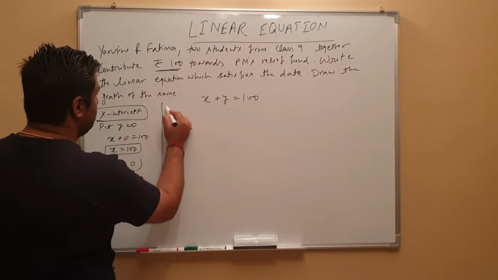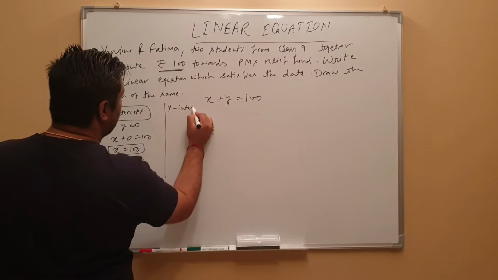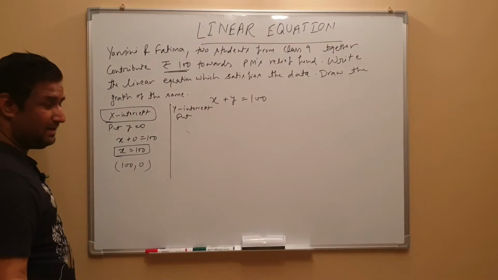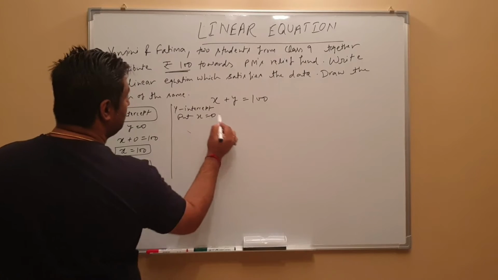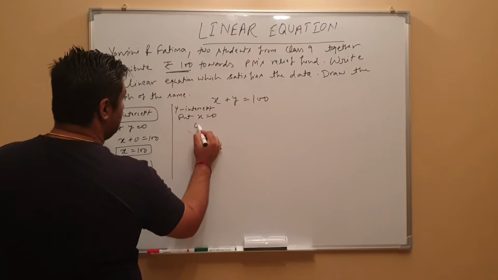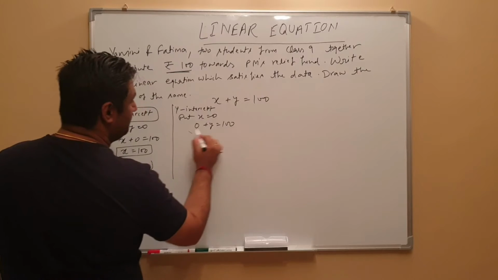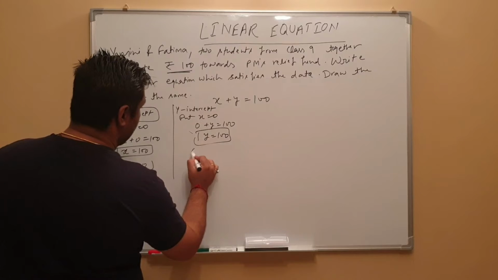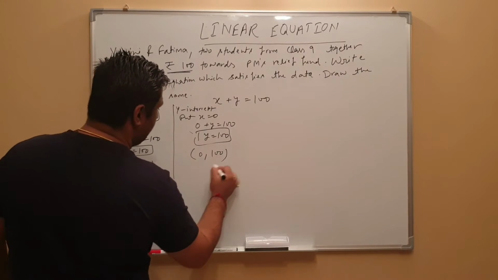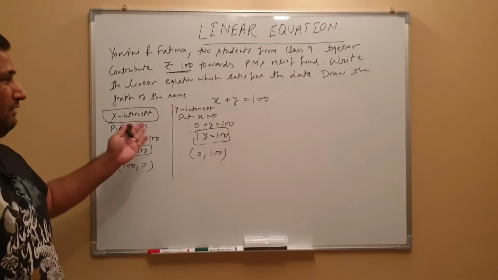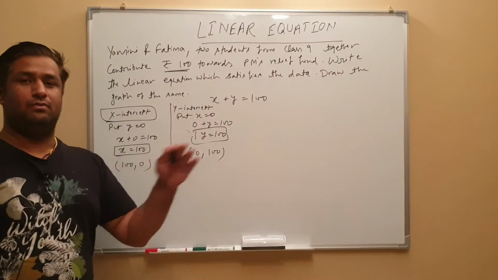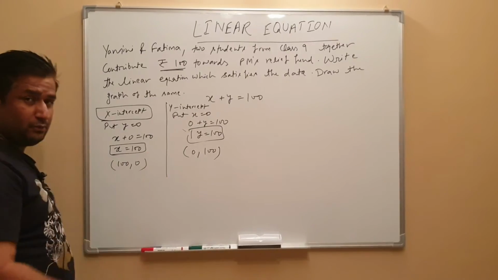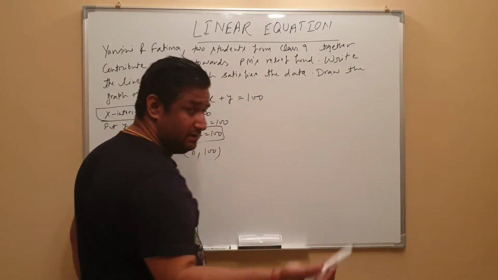Now we'll find Y intercept. So for that obviously we have to put X is equals to 0. So 0 plus Y equals to 100. Now 0 is irrelevant. So Y is equals to 100. So the coordinates what we'll get is 0 comma 100. Correct? I have explained how to solve it in detail in the previous video, so you can go check it out if you are new to this channel. Okay, so now we have to just quickly make the graph out of it.